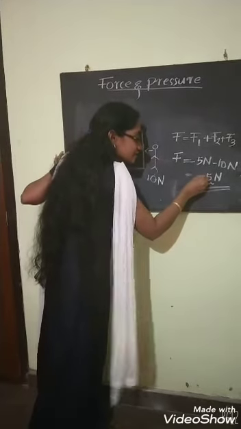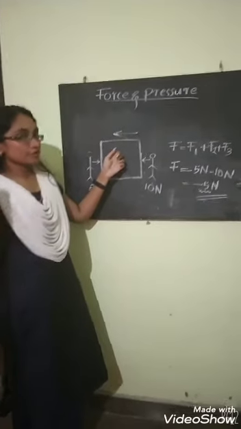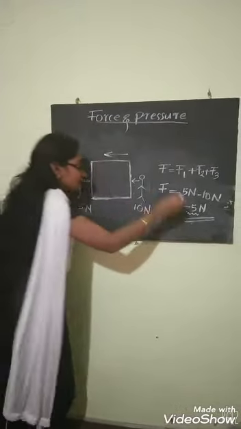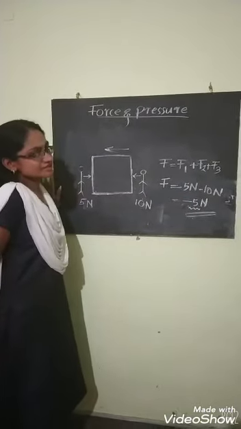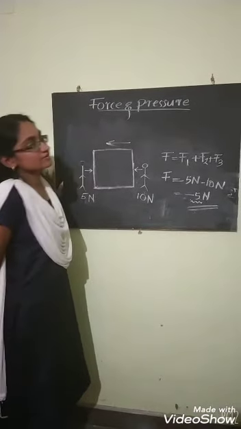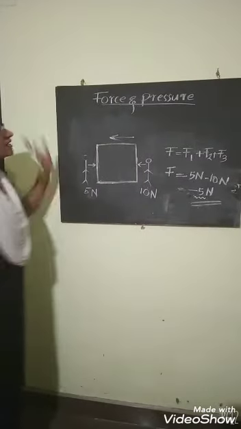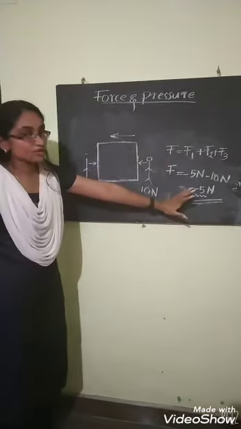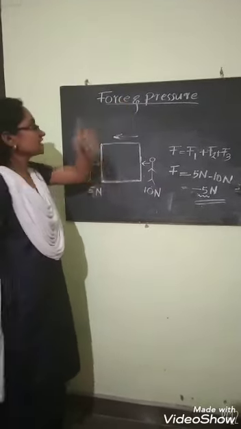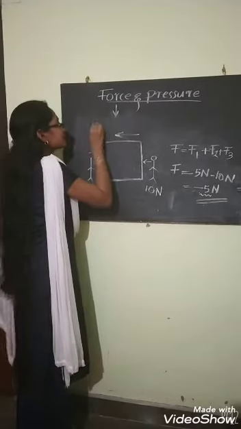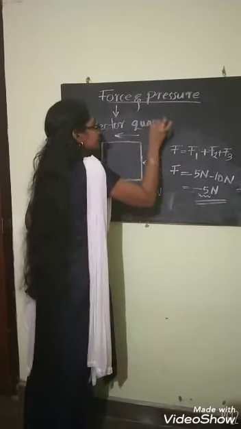So when I say that minus 5 is indicating the direction of the force, you know that force has both magnitude and direction. So is force a vector or a scalar? What is your answer? Is it scalar? A scalar is a quantity which only has magnitude. It doesn't have direction. But our force has direction and magnitude. So force is a vector quantity.